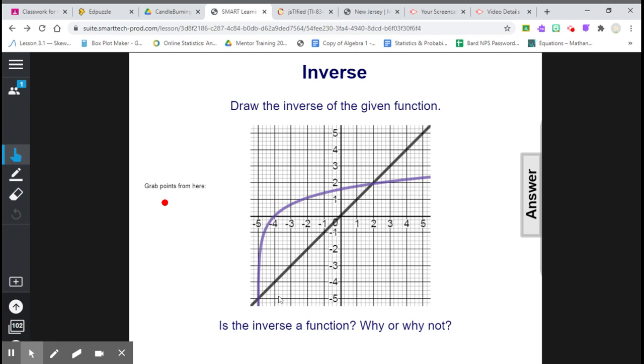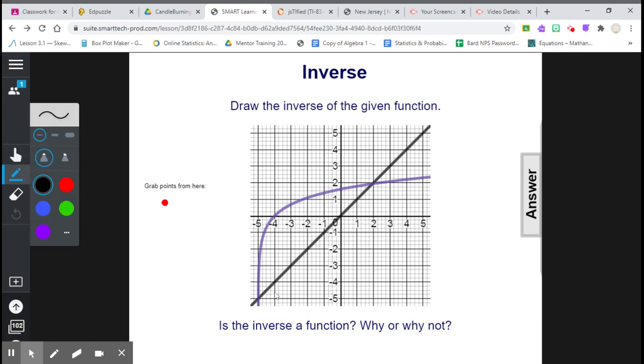So graphically, I mentioned that it's a reflection about the y equals x line. And some of you may be pretty brilliant and you can reflect that in your head. And if you can, go ahead and sketch it out. So for this, I want you to use your tools over here and sketch the inverse of the function onto this graph. I would recommend choosing something other than this bluish purple, maybe red is a good choice, or even green to